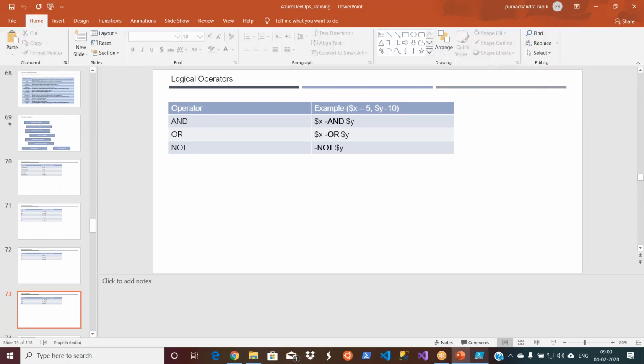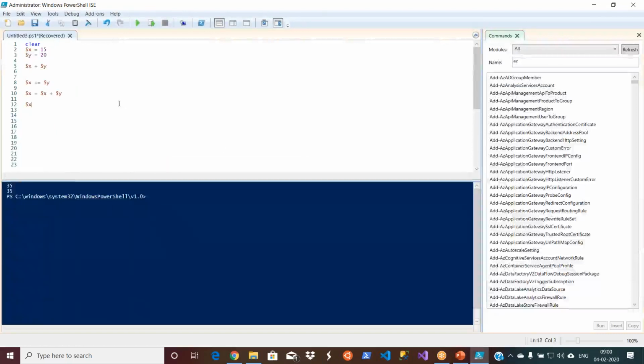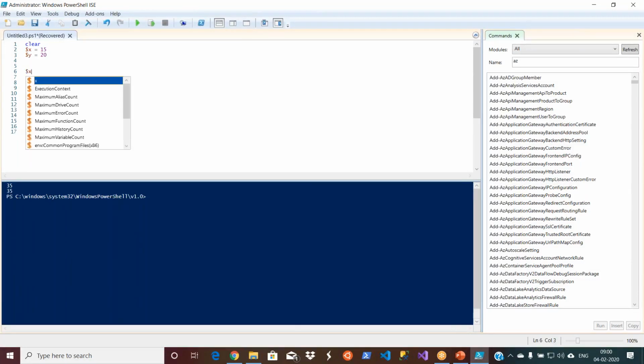Okay, let's go and see the logical operators. Now my $x contains 15, the $y contains 20, right? Now let's see $x -and $y.